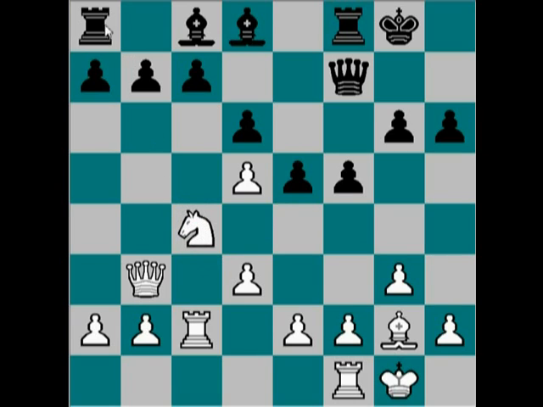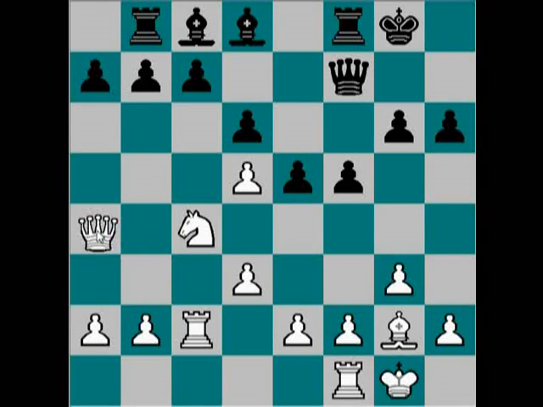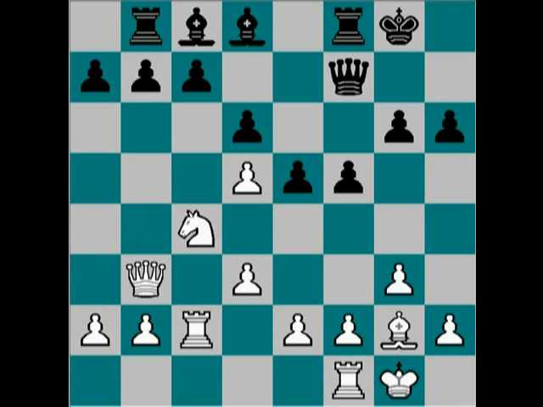Rook b8. And now a very interesting approach, which normally is not good for white. I would intend to continue queen a4, queen a3, attacking, creating more weaknesses, and then try to open the file with b4, rook b1, and b5. White's move was also